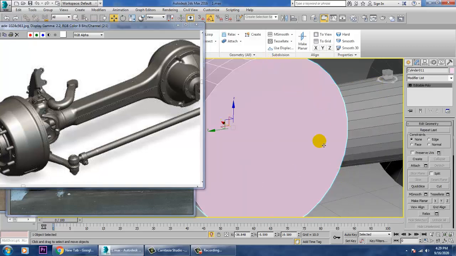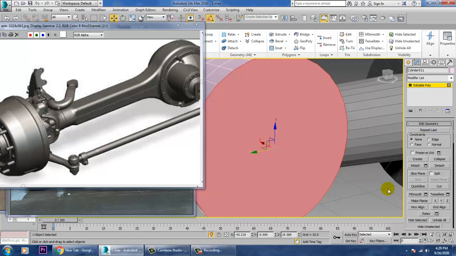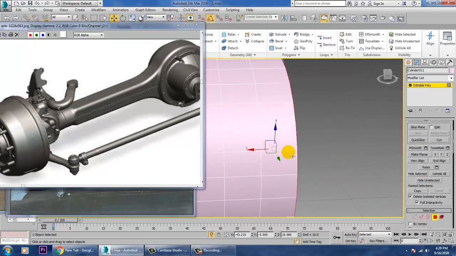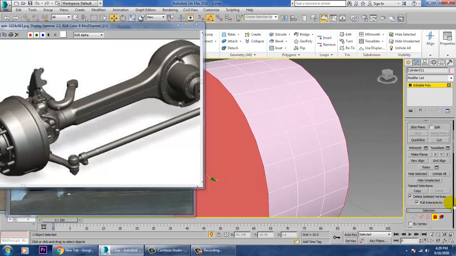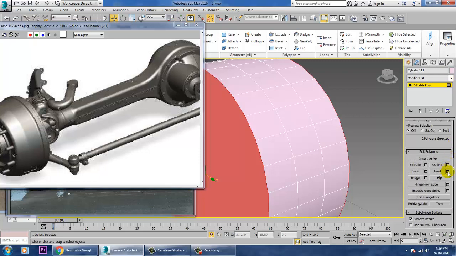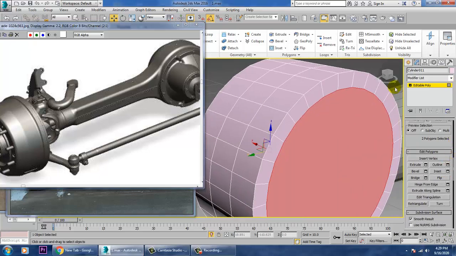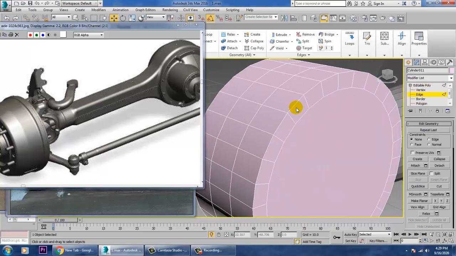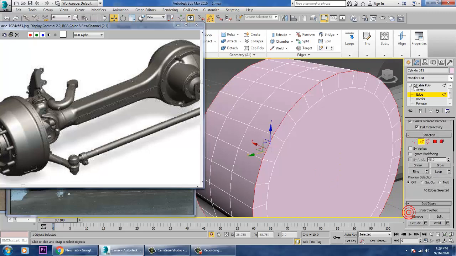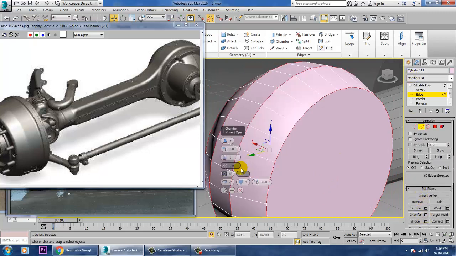Again, let's select this and this, select both, and give a bit of inset to it. Click OK. Let's select its edges and give a bit of chamfer to it.